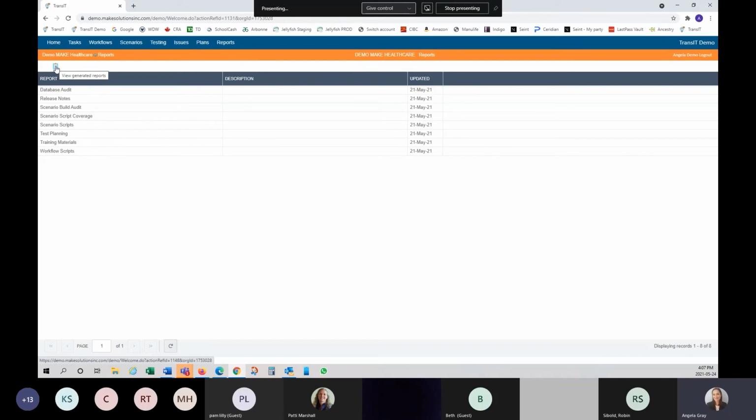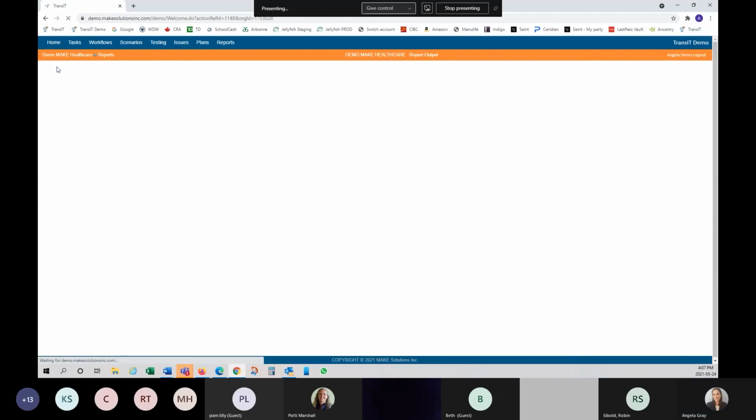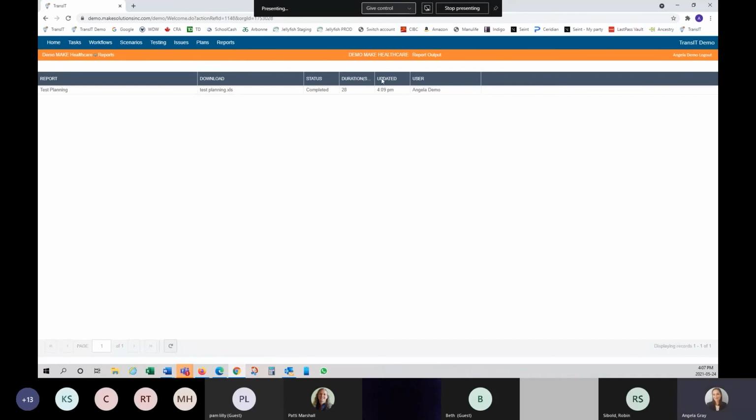What you can do is run your report, go do whatever else it is you wanted to do in TransIT, and then come back to reports and click this icon here, which is to view generated reports. When I click that, you can see this is the report that I was trying to generate, the test planning report. If I click this link here,